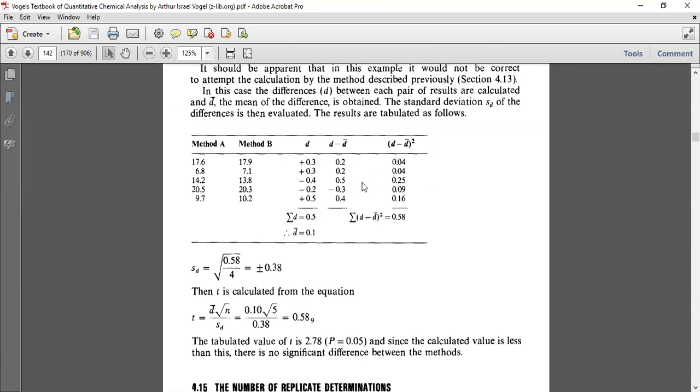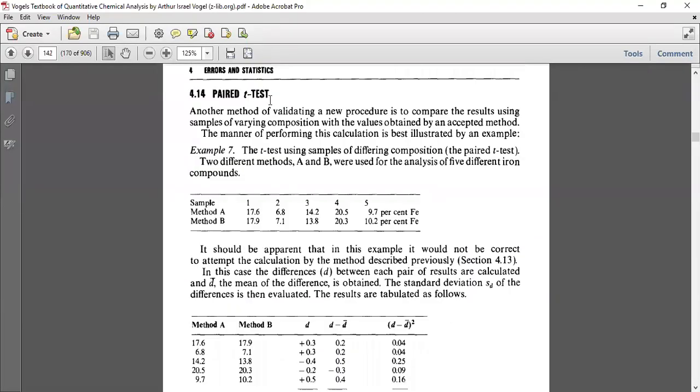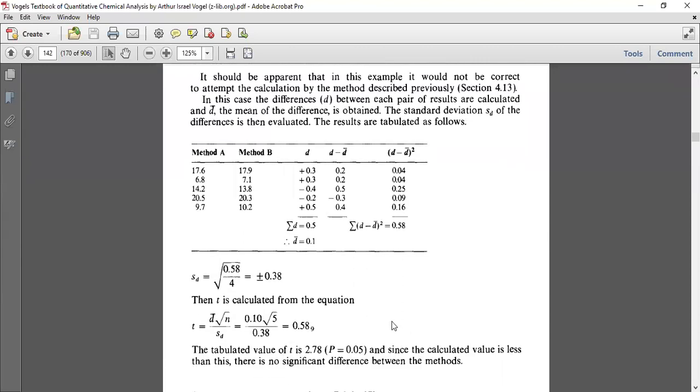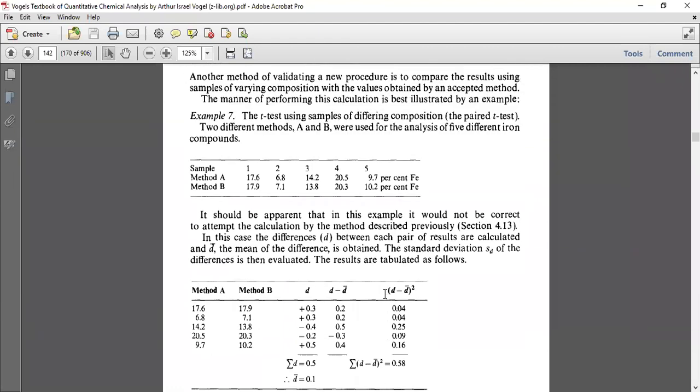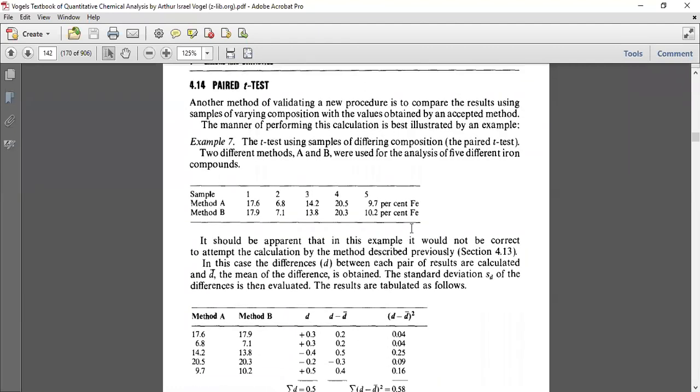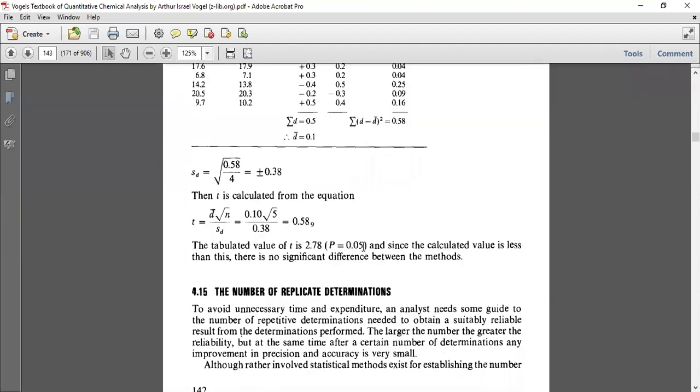Whatever things are there in the key, that is up to the mark as per statistics, that is correct. So this is about the paired t-test. This paired t-test, isn't it? So here the difference is important. Is this point clear now? Paired t-test. Yes, sir. Now the last two tools are remaining. Then we will cover those tools also.